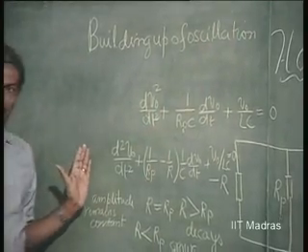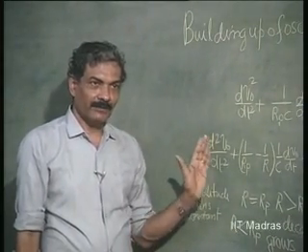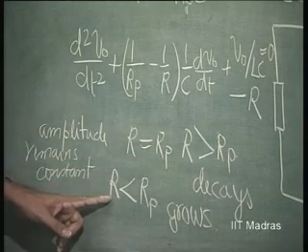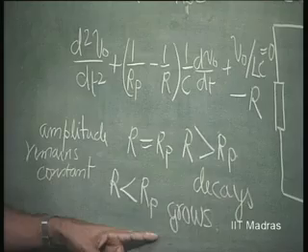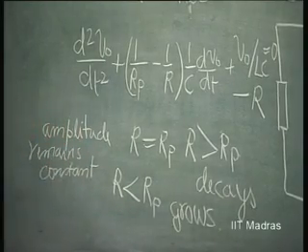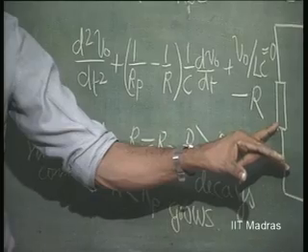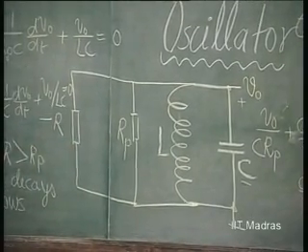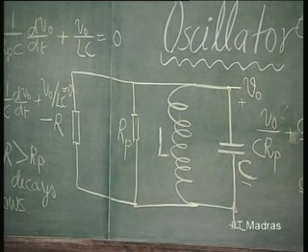The poles of the system should lie initially on the right half of the S plane, or in this case R should be initially less than Rp, then it keeps on growing. Then I should change the value of R such that R is exactly equal to Rp at the required amplitude I desire. That is what is called amplitude stabilization. At the required amplitude,